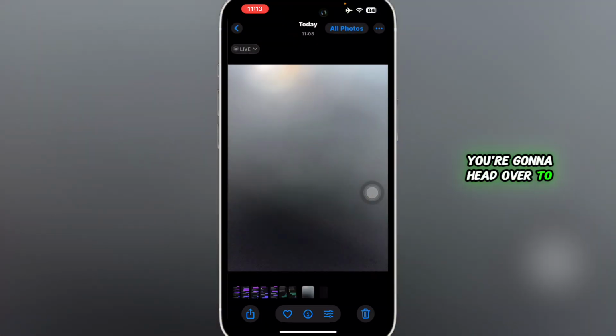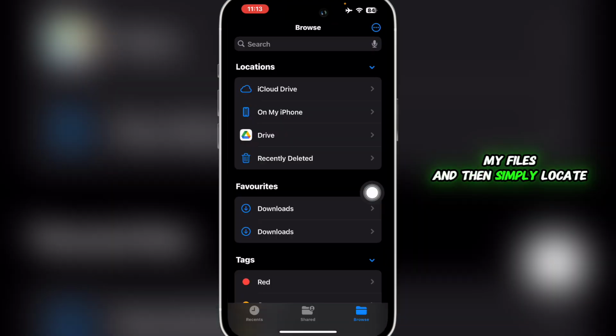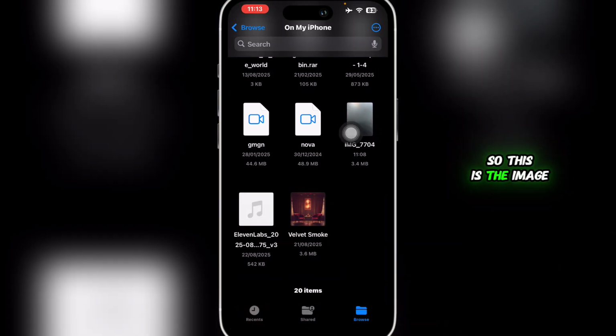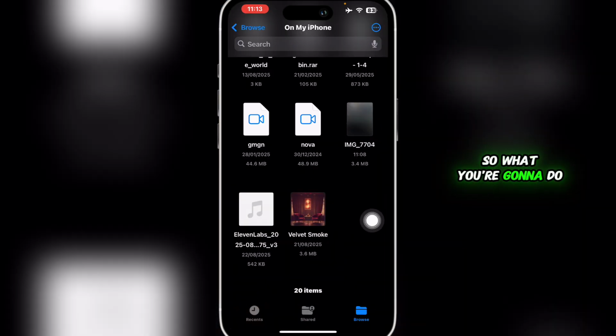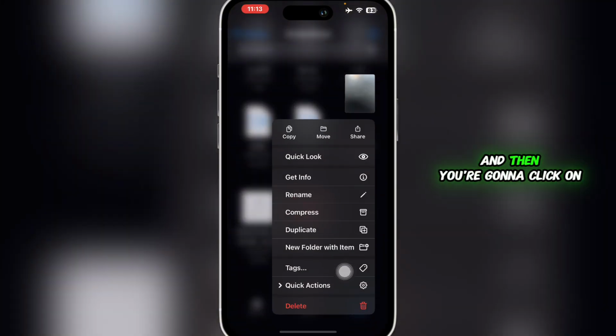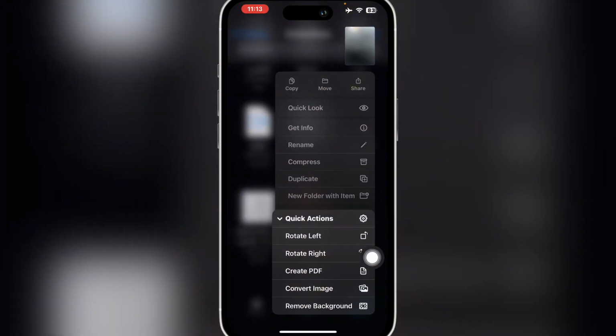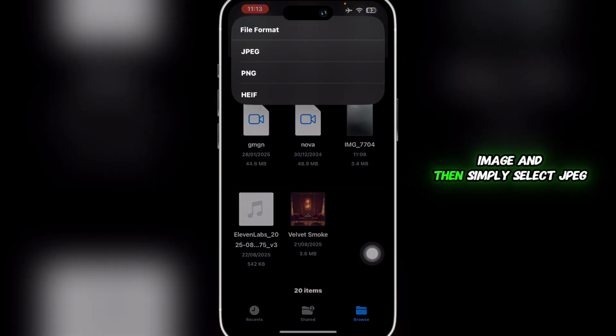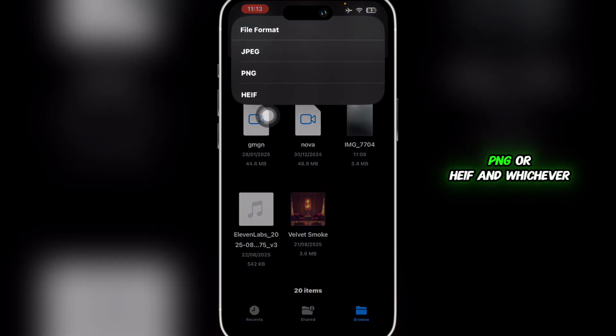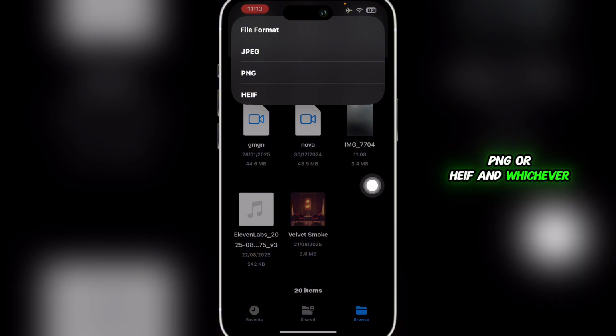After that, you're going to head over to my files and then simply locate that image. So this is the image that we just saved. So what you're going to do is long press on it, and then you're going to click on quick actions. You'll be able to see a couple of options. You're going to click on convert image, and then simply select JPEG, PNG, or HEIF, and whichever you wish to